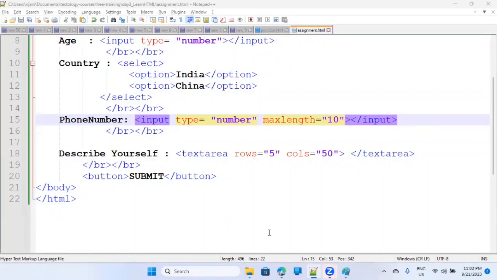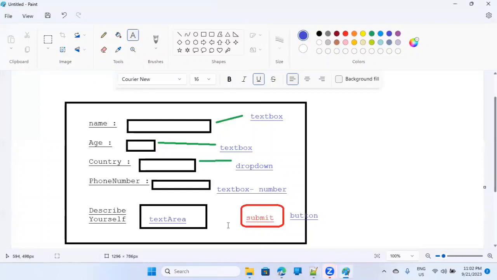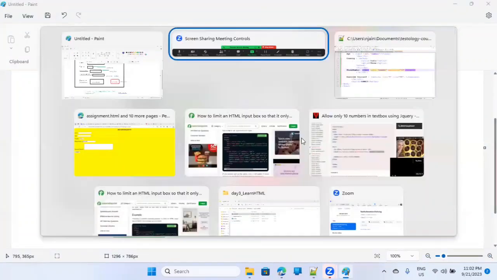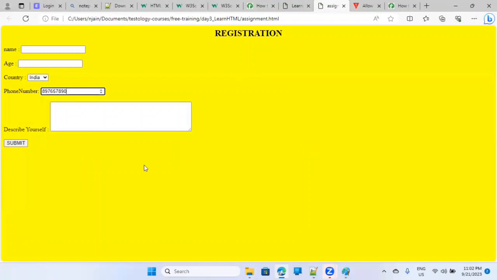Fine. So we are able to do this thing, right? We have created the button also. But then let's assume that you want to do some styling part. For example, styling is,